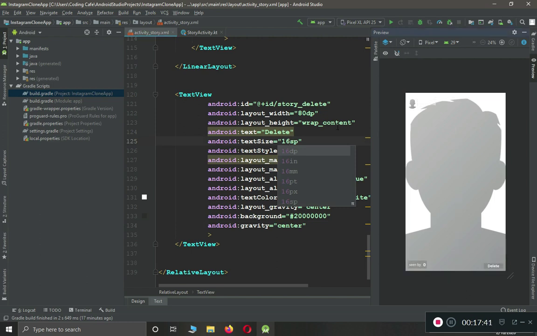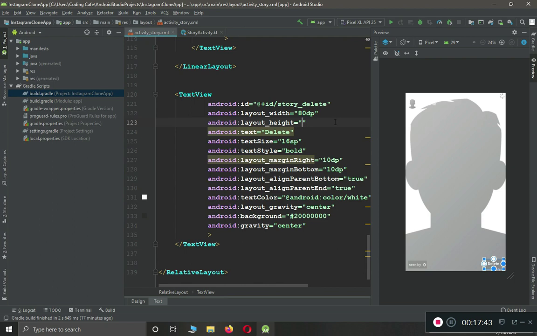Also let's give it some proper height, 30 dp will be good, I guess. Yeah, let's change this to 35 dp. So now you can see we have a delete button, we have a scene by, and everything is okay for